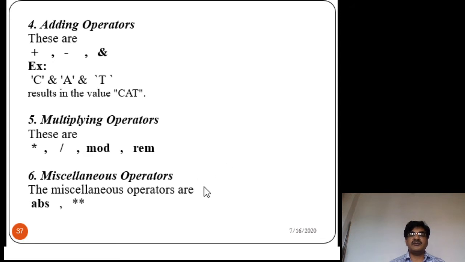So like that, different operators are available in the language. These are the basic elements: identifiers, data objects, data types, and operators.